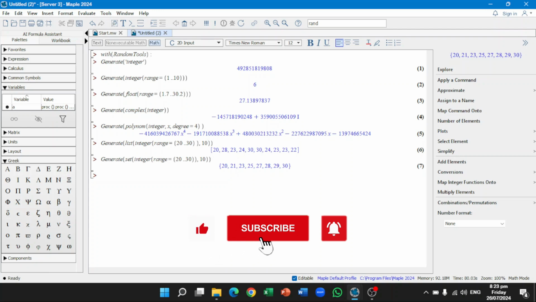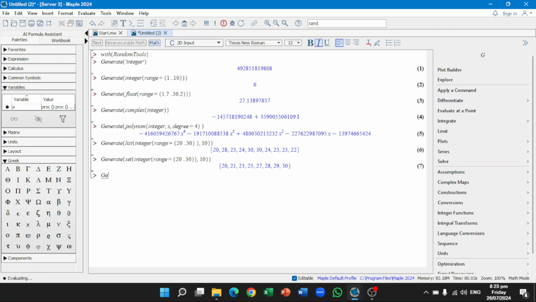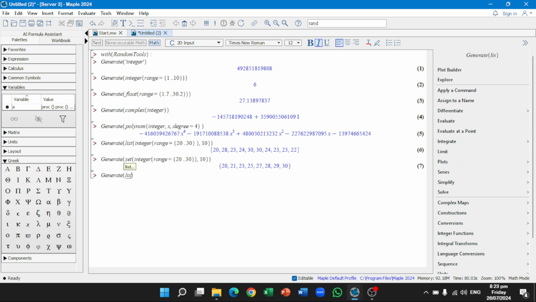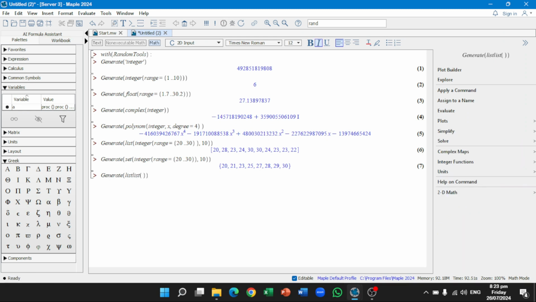There is one more thing before we move on to an advanced topic that will make your life easier for repetitive tasks, and we can generate a list of lists, a list that is containing lists. How can we do that? Just type the generate command and type the flavor list. Now here we have to specify what will be our objects in the list.